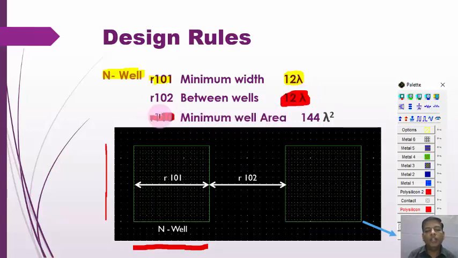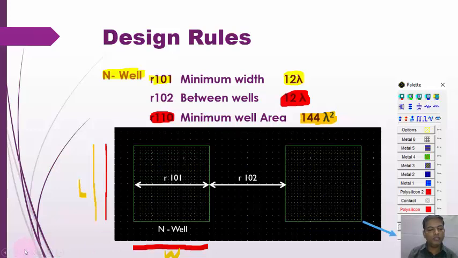Then R110. What is R110? R110 is the minimum well area, that is the total area of this particular minimum well area, 144 lambda square. 144 lambda square, because area is nothing but length into width, that is 12 into 12, 144 lambda square.